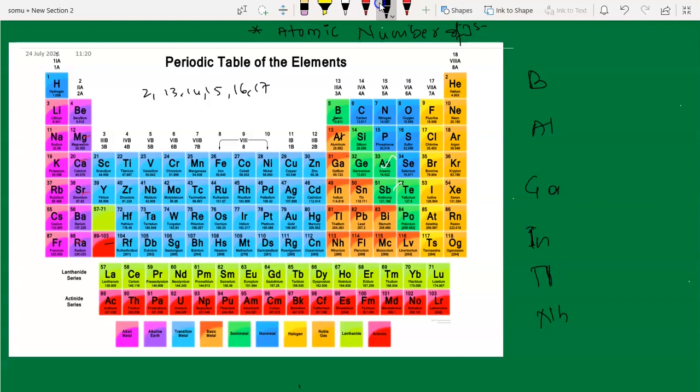So now what do we have to do to calculate the atomic number? We have to leave the first element. Then we should know the atomic number of the first element. Here B is 5, boron. After leaving this, calculate the number of elements. How many elements are there excluding 1? 1, 2, 3, 4, 5.